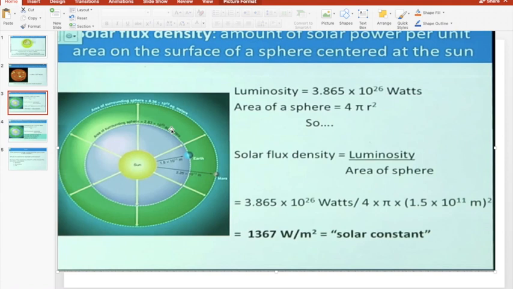Now let's assume Mars. Mars is further away from the earth, right? It is further away from the sun also. So now in this case, this r² becomes larger, r is higher over here. So the denominator becomes greater. If the denominator is greater, the value will be less. In that case, the solar constant value is less, and that's the reason why on Mars the temperature is close to minus 50, minus 55 degrees Celsius. That's the reason, it is away from the sun.